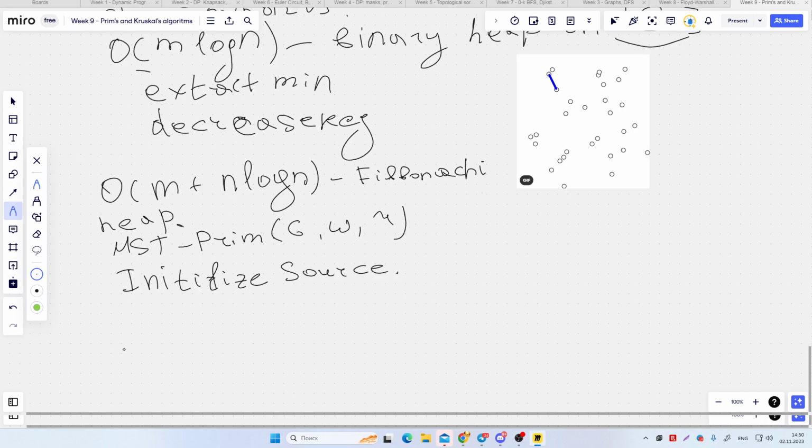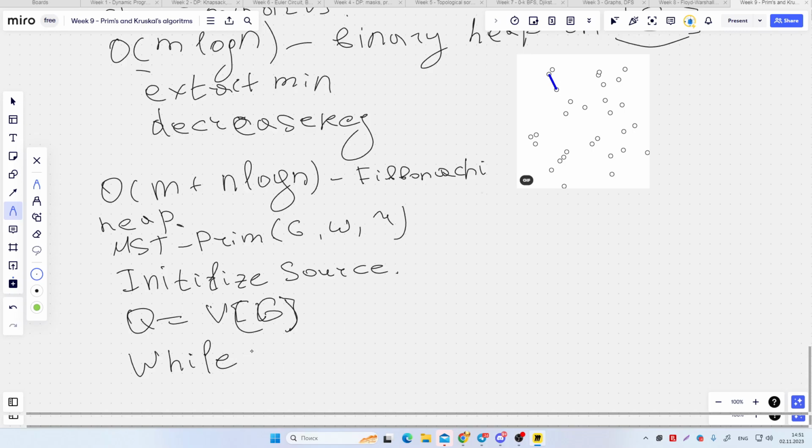For G, we initialize our source, and we say that our heap Q is equal to V of G. We contain all the vertices in our heap,